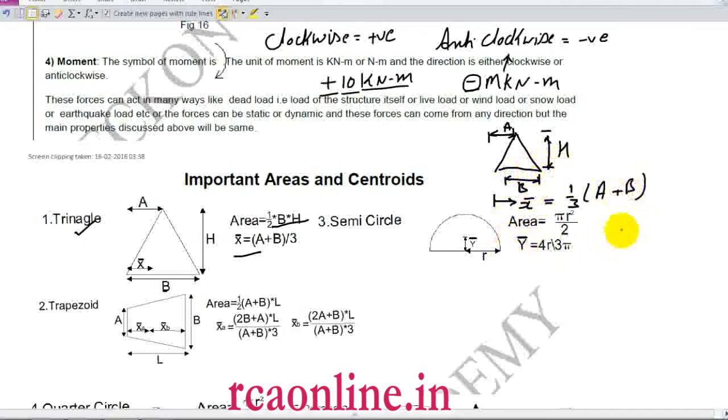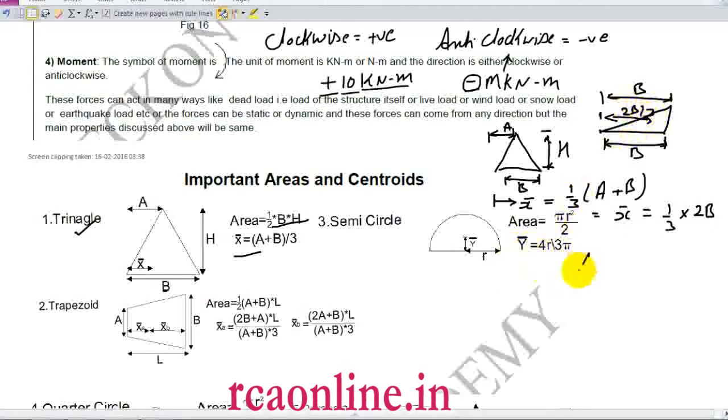So if you convert it to right angle triangle, what you get? This is my right angle triangle, and if I am calculating apex from here, then my apex will be b and my total width is also b. So what is my x bar? X bar is 1 by 3rd of 2b. Is it okay? So how much distance is from here, center of gravity? It is 2b by 3.